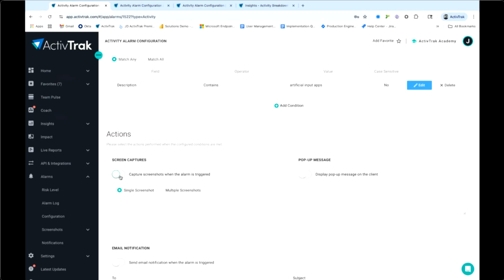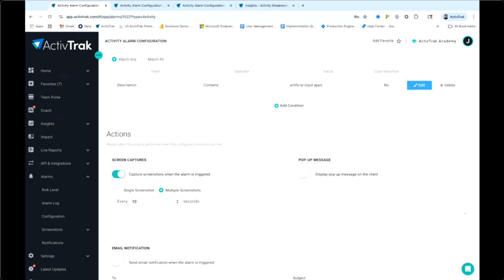With the screen capture, you can just say, I'd like a single screenshot to fire off as soon as this event is detected, or as long as this is the active activity, right? I want to continue to take screenshots. With input simulation, this is pretty handy because it really gives you concrete evidence. In this example, maybe I set that to fire off every 10 seconds. So the system detects that